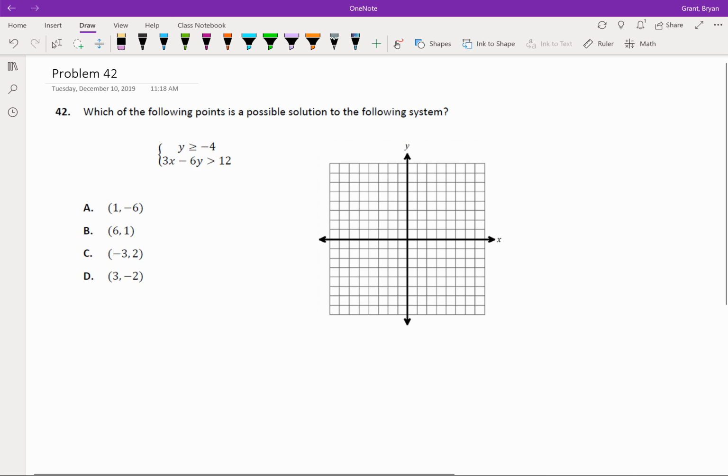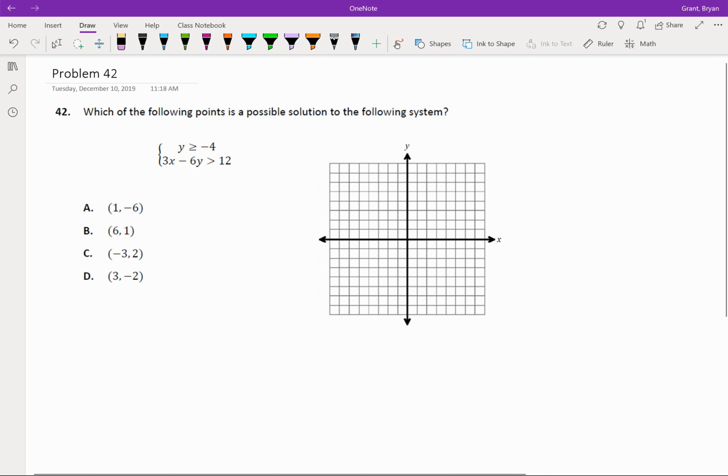We're looking at problem 42, which gives you a system of inequalities again. I'm going to give you two different ways to solve this problem. The first way is probably the faster way, and then I'll show you the other way in case you don't like the first way. So the first way, what we're going to do is go through and actually graph this